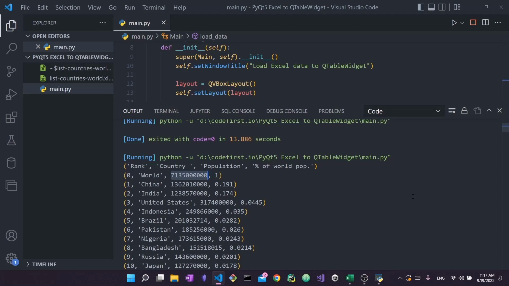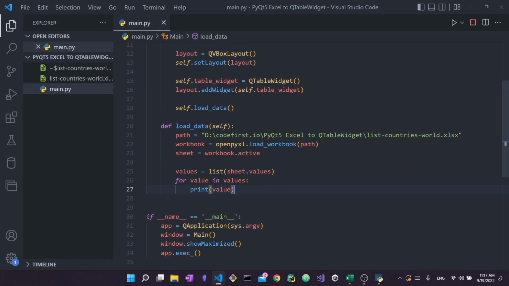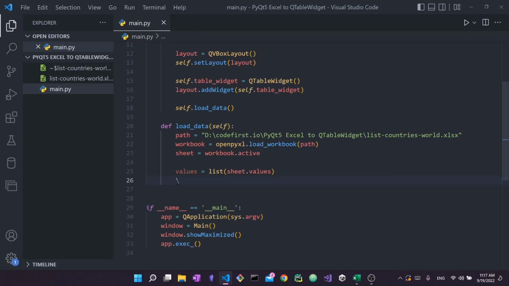So this is where openpyxl did its job. We opened up the workbook, we accessed the sheet, and then we accessed the value of this sheet. What we did was simply just print these values. However, the main goal of this tutorial is to take these values and to put them in the QTableWidget. So let's do that. I'm going to close this and I'm going to shut this off, and I'm going to rename this to be list_values, just to signify that this is a list of all the values, and the values themselves are Python tuples